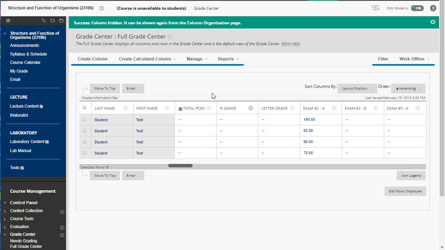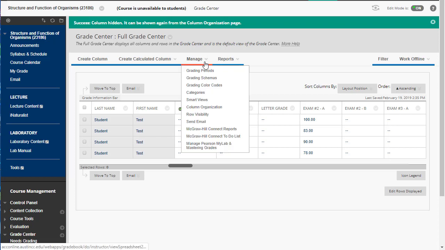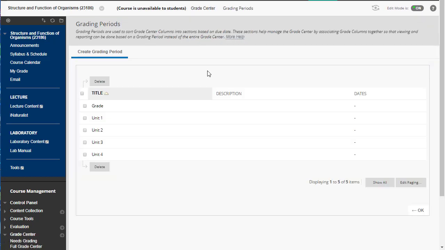Okay, so the best thing we can do for ourselves and for the students initially is to create what are called grading periods. I'm going to go ahead and go here. I've created some of the grading periods here first. You can see that I've created Unit 1, Unit 2, Unit 3, and Unit 4. And I've got a grading period here as well. I'll show you why that's the case here in a moment. But to create a grading period,